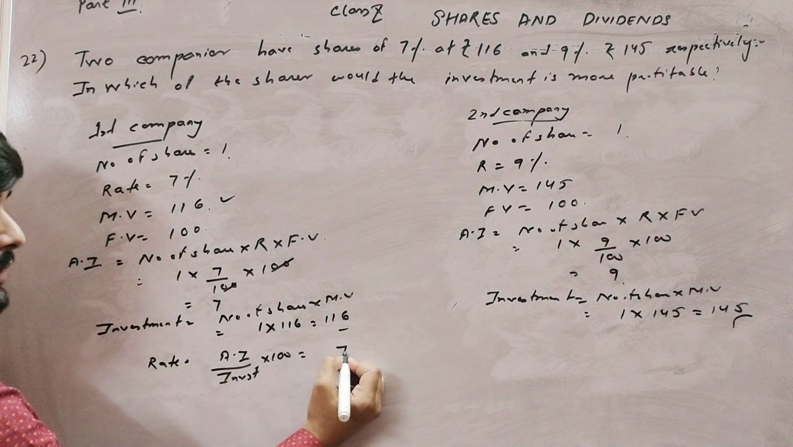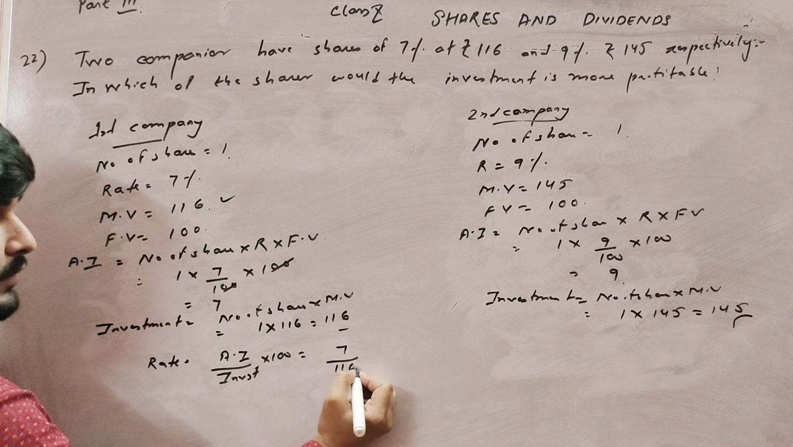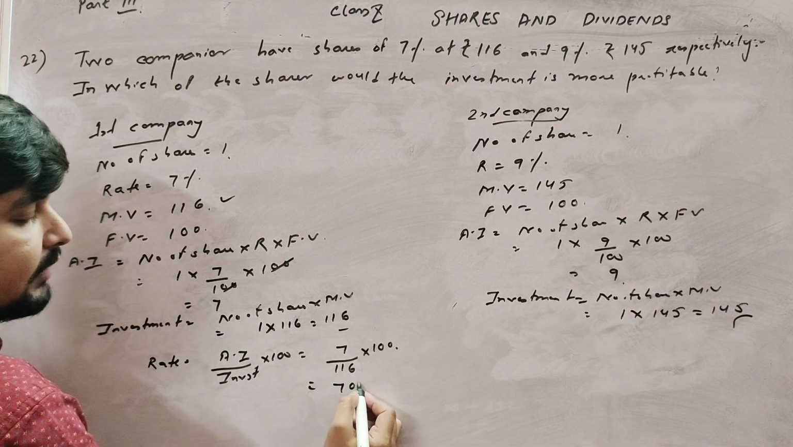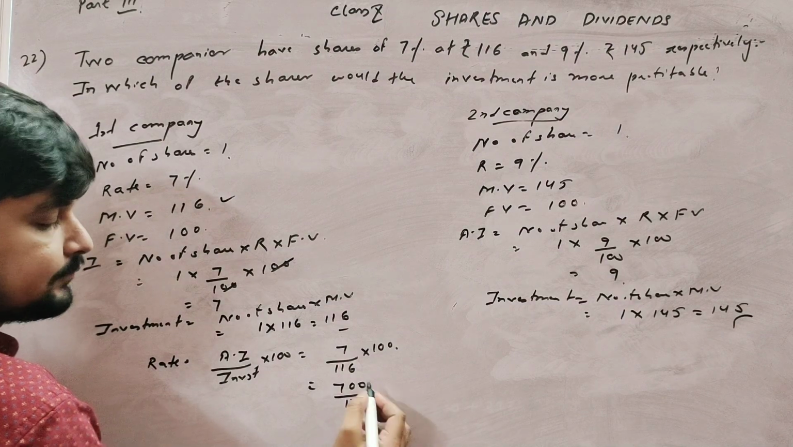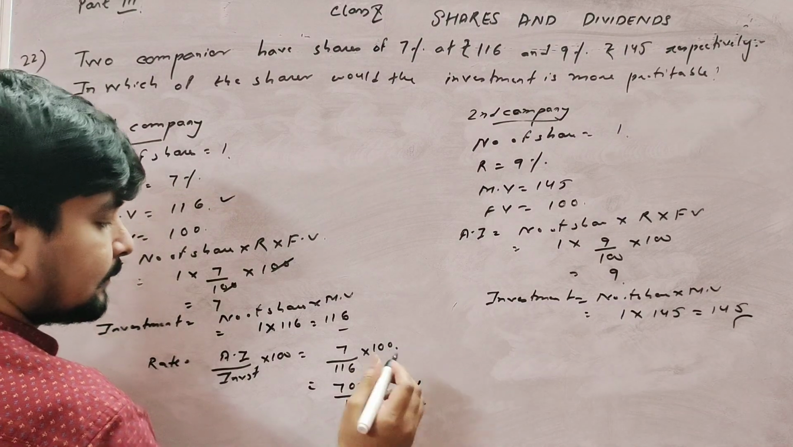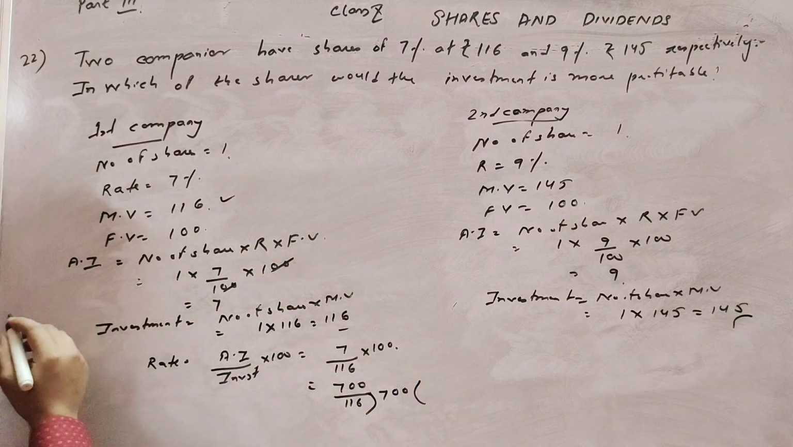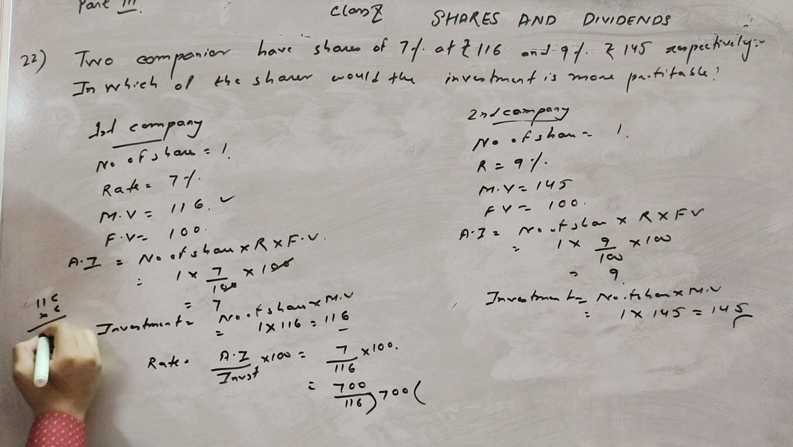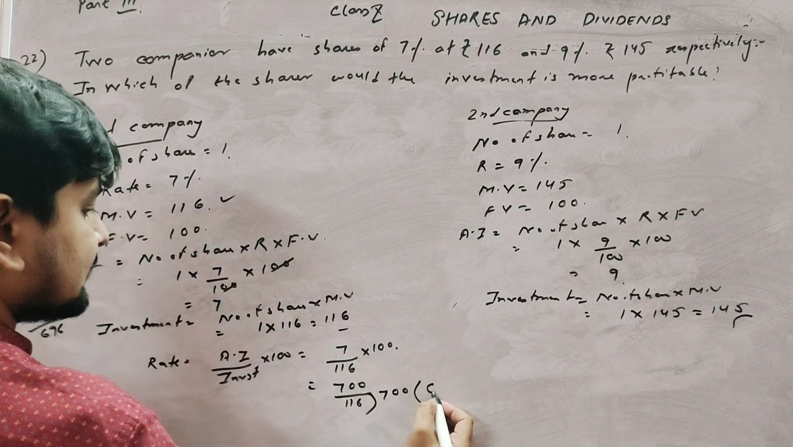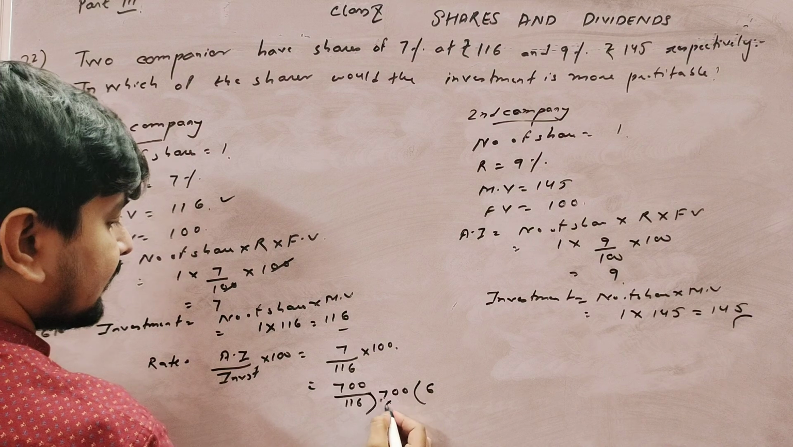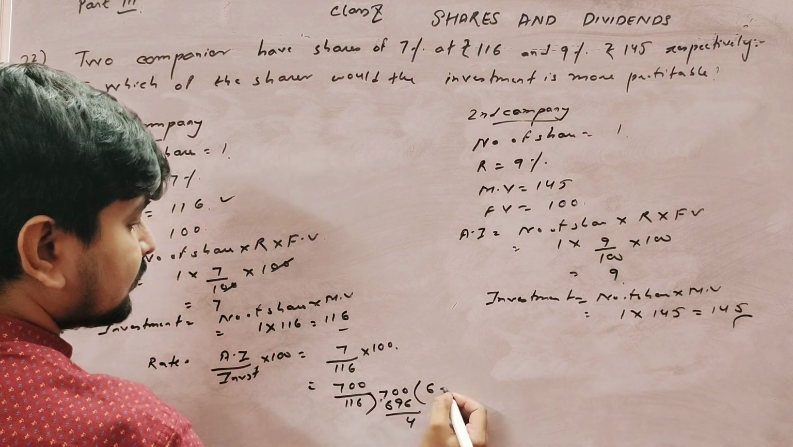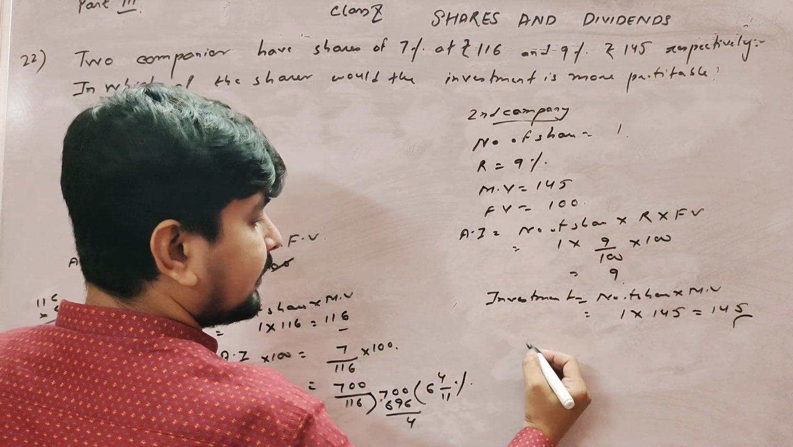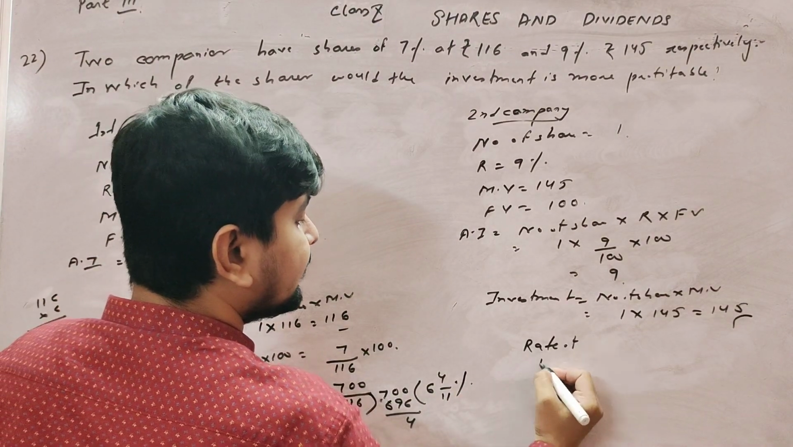Okay, so rate of return formula, you know, is annual income by investment into 100. So annual income is 7, investment is 116 and into 100. So 700 by 116. That's 6 times 6, 36...